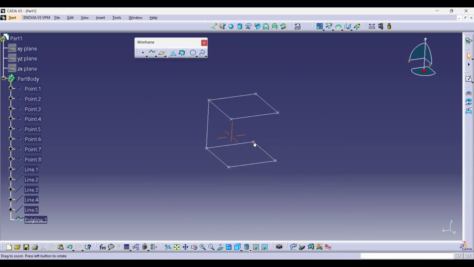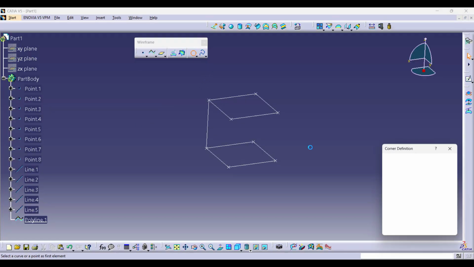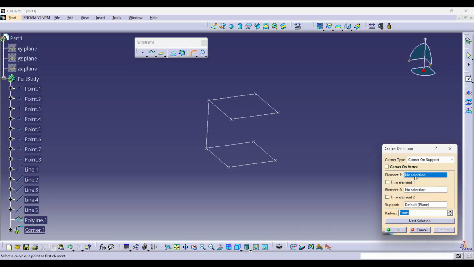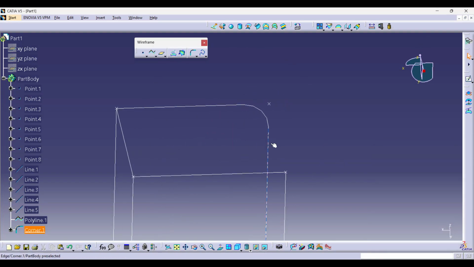The difference we can feel between polyline and single lines is that if we try to make a 3D fillet, we have the fillet option here in this second last option. Just go for this corner operation. And here in corner, I try to make the fillet between these 2 upper lines. So I make a fillet with radius of 10 mm, and I say trim elements to corner, so the corners will be trimmed. Say preview and OK. We can see here one fillet between these 2 lines has been made with radius 10,